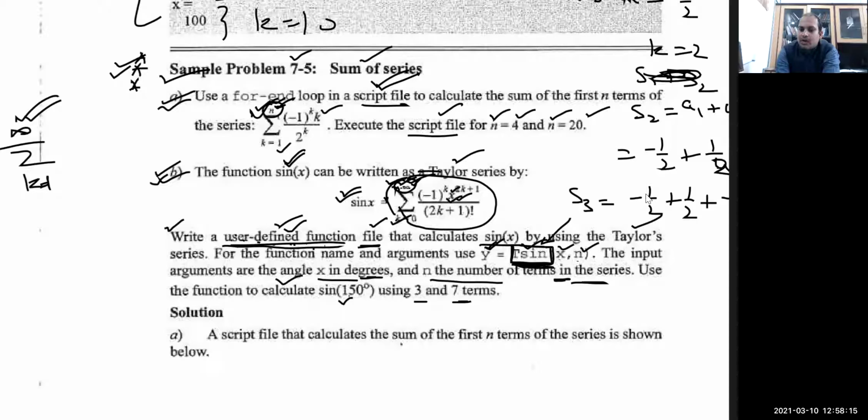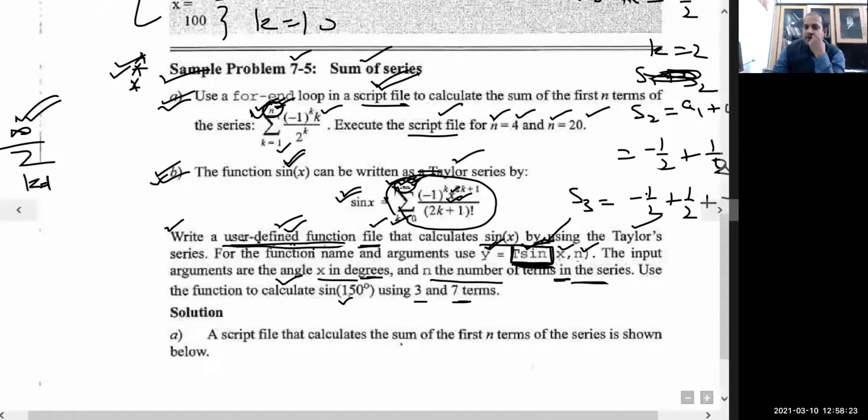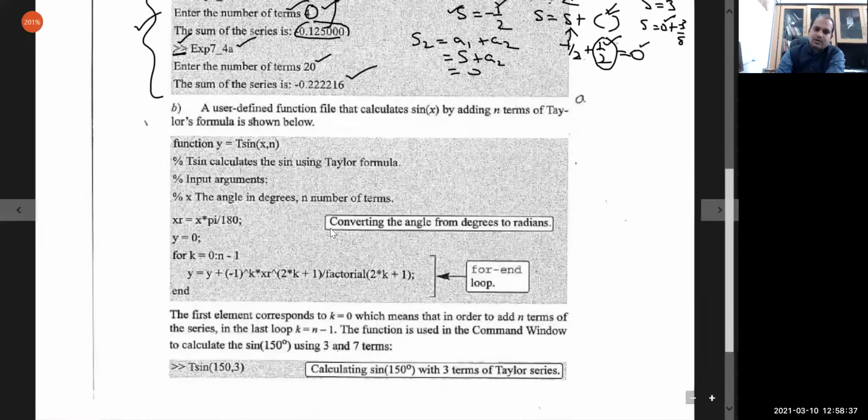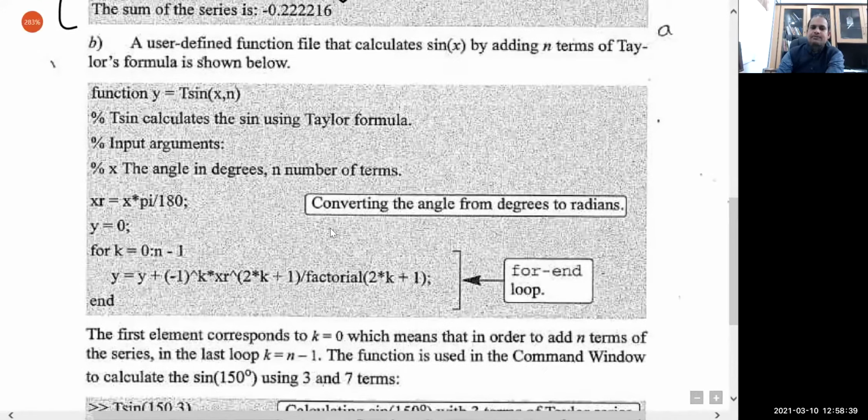And according to the question, we need to label that function file with this name. And after computing this series, you have to execute this for sine 150 degrees and for n as 3 and n as 7. So this is the part of the program.